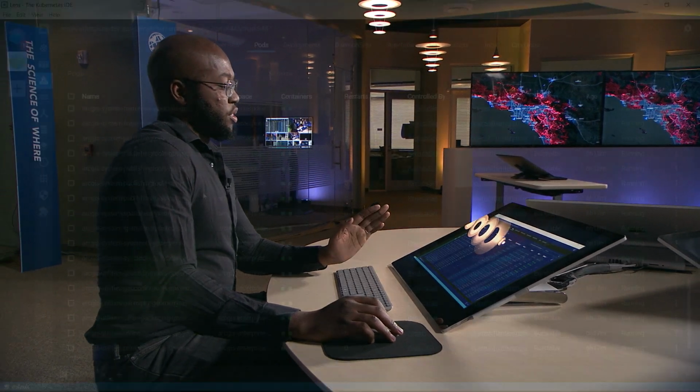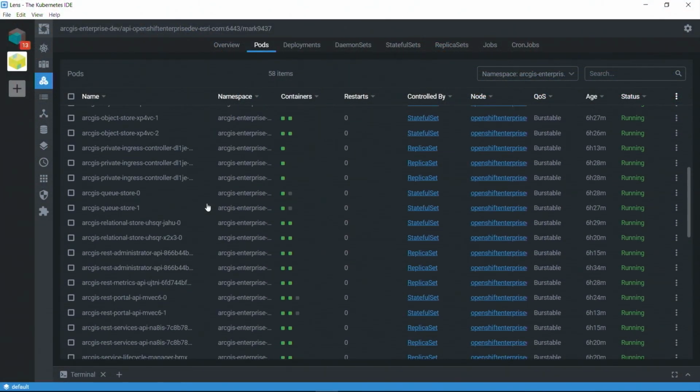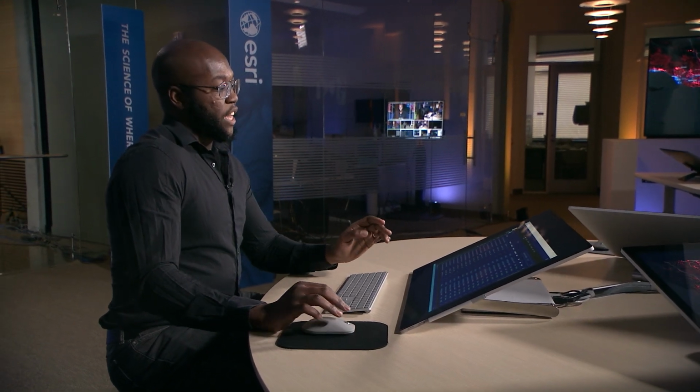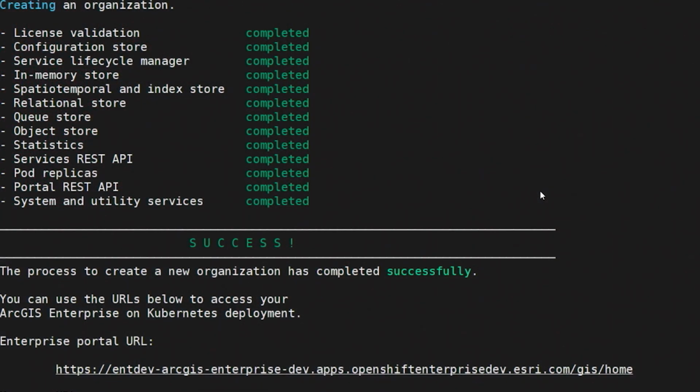I have set up a second deployment that already has finished with the configure step. Within Lens, let's navigate over to that environment. Underneath the Pods tab, notice that all of our microservices have been successfully provisioned in this environment. Once that's done, let's navigate back to our terminal with this new environment, and we see indeed that the configure